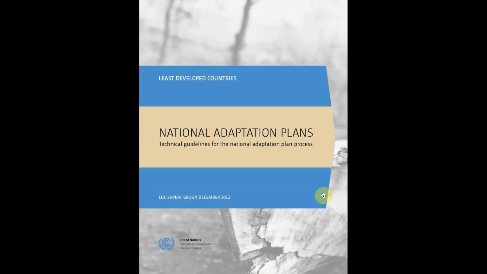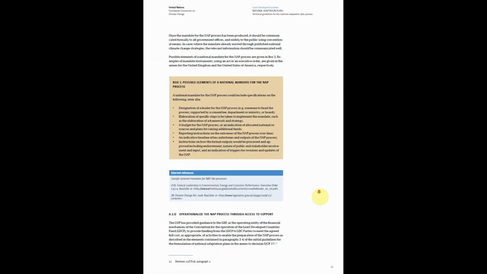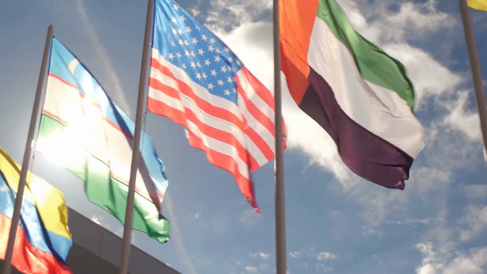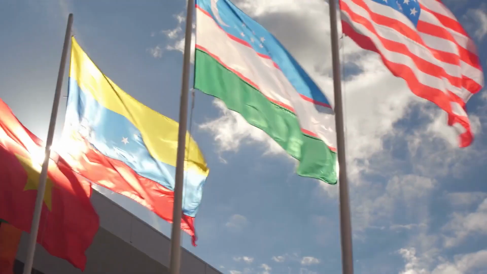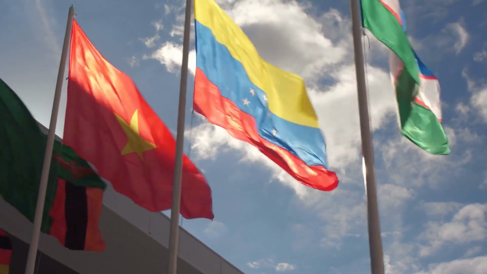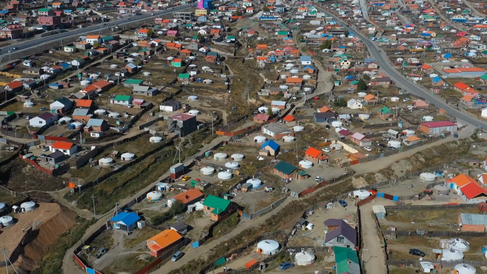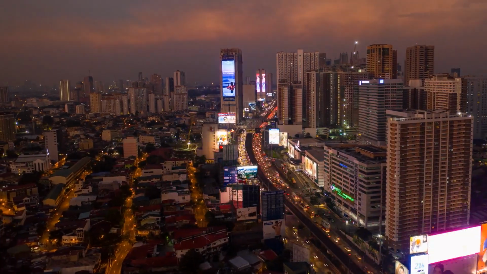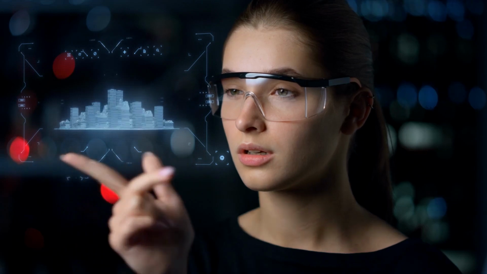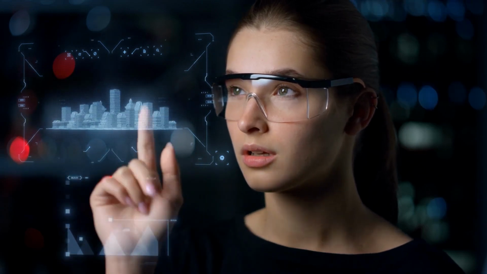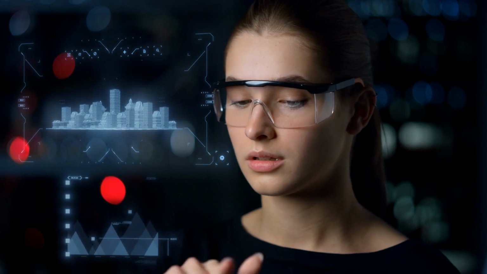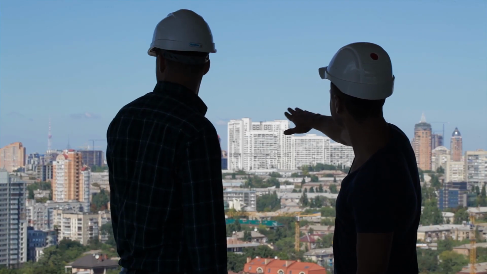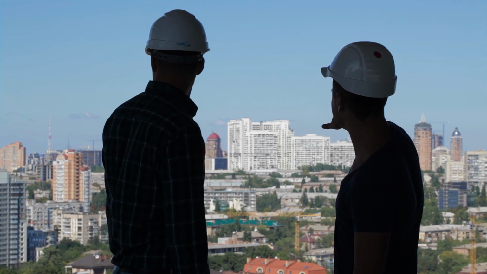The guidelines are not prescriptive, rather they are adaptable. There is no single approach that applies to all countries, and each country can determine the steps to take in order to complete their planning process on their own. The guidelines are generic in nature because they can be used by both LDCs and non-LDCs. Finally, they are iterative in the sense that the elements, steps, and activities build on and inform one another. These elements can be viewed as distinct building blocks that come together to form a process and formulate an implementation